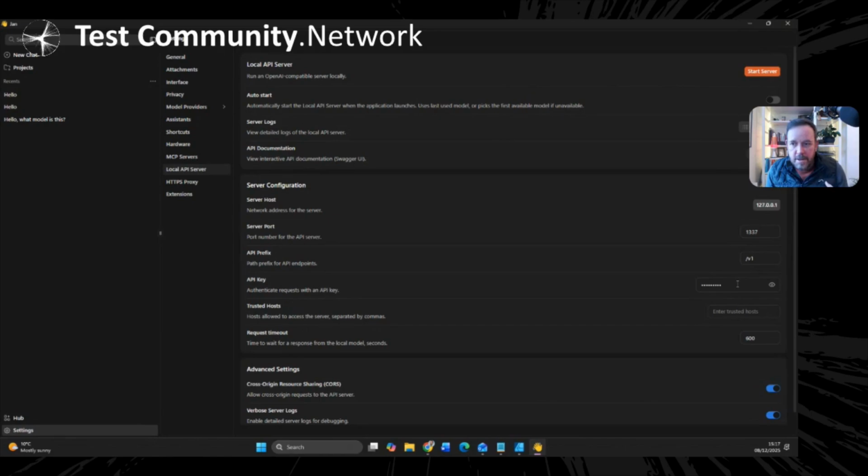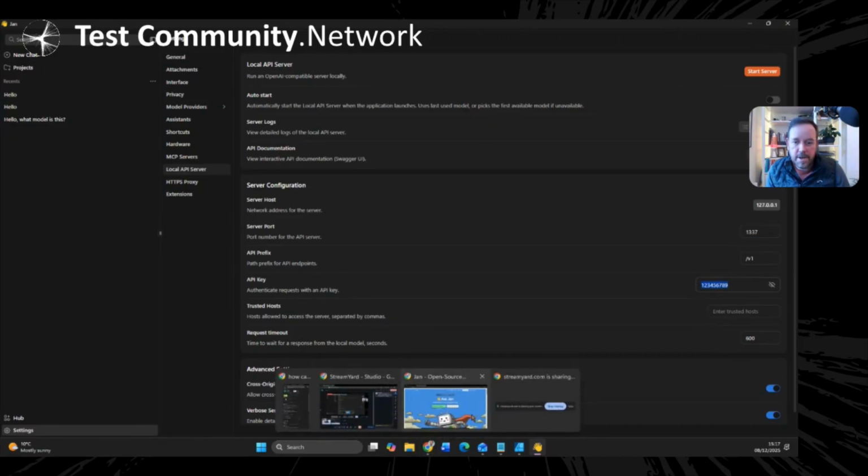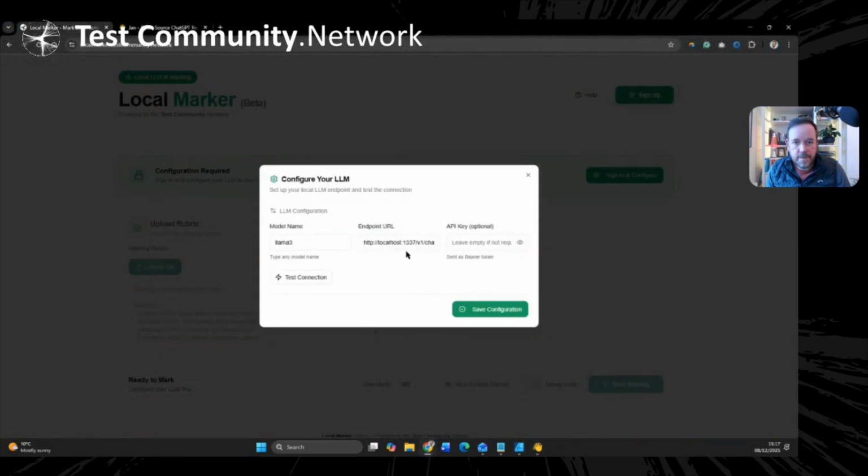I would recommend that you put in an API key first off. It's not super sensitive that you do that, but it's just good practice to do this. Remember, you're working with a local computer here, so it's kind of relatively safe, but still best to put in a reasonable API key in there. Now, what I've put in there is kind of a basic one. I've got 1, 2, 3, 4, 5, 6, 7, 8, 9. I'm going to just copy that and go back to my application. I'm going to throw that in. So I'll leave the API key in there.